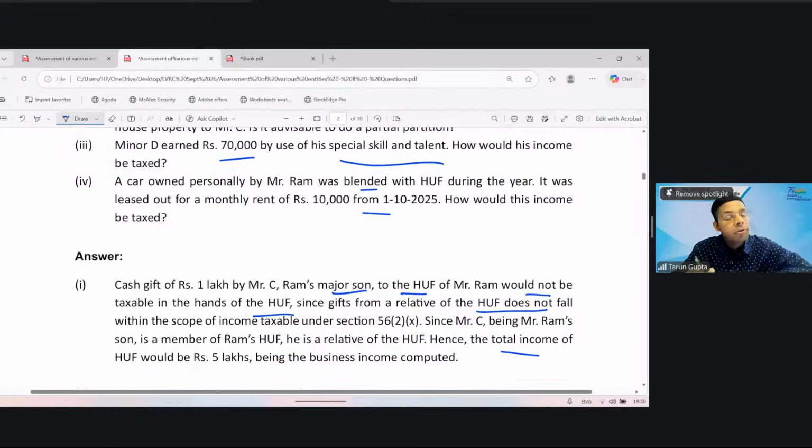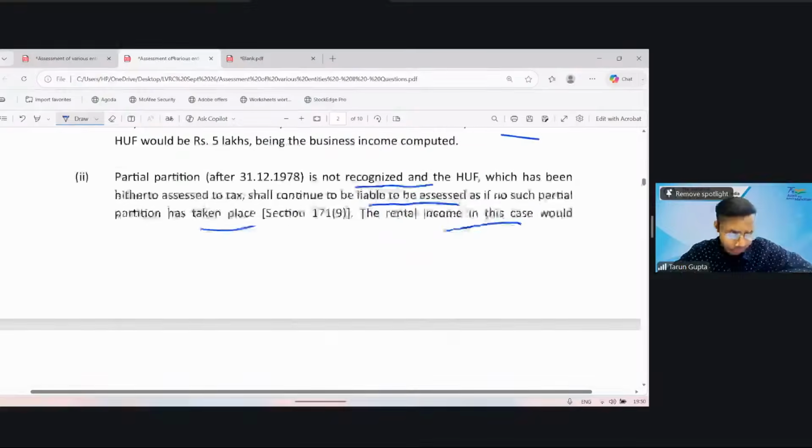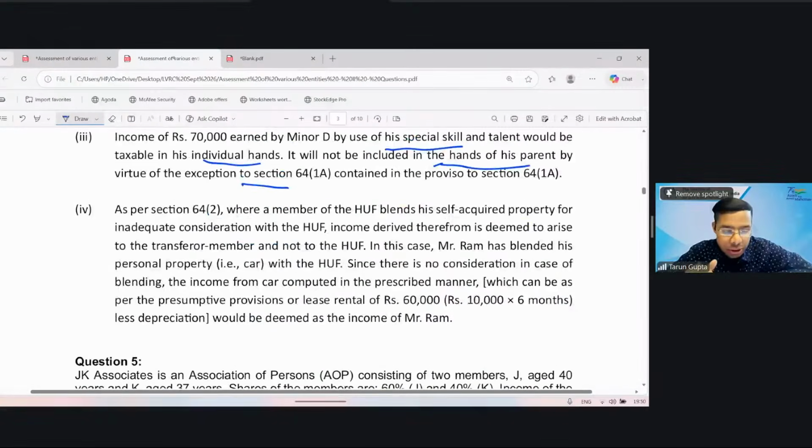This lease income of 10,000 shall not be taxable in the hands of the HUF and shall continue to be taxed in the hands of the transferor member, which is Mr. Ram. As per section 64(2), where a member of the HUF blends his self-acquired property for inadequate consideration with the HUF, income derived therefrom is deemed to be income of the transferor member and not of the HUF. In this case, Mr. Ram has blended his personal property with the HUF. Since there is no consideration, the income from the car